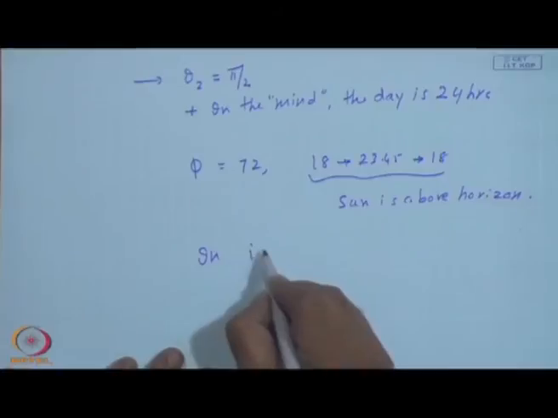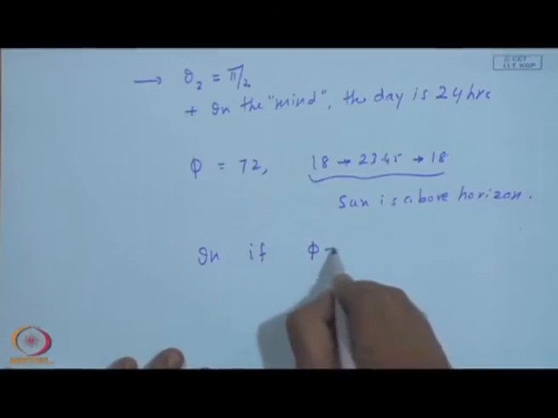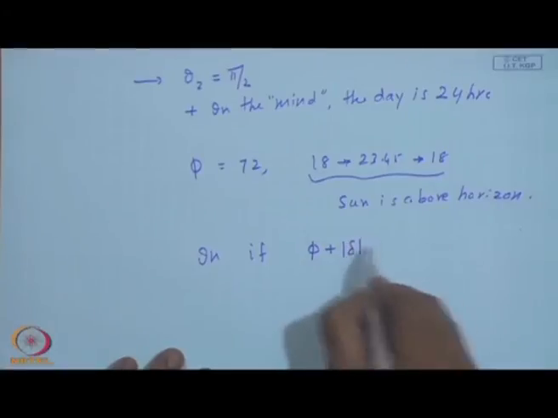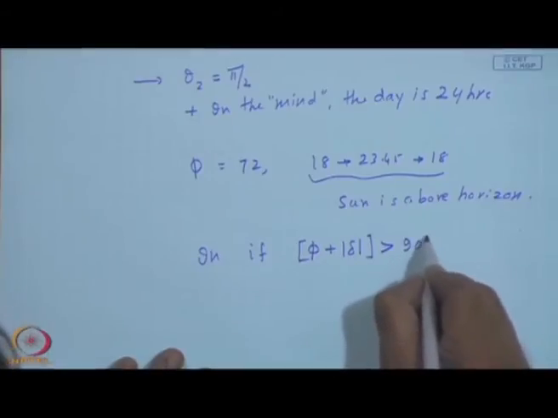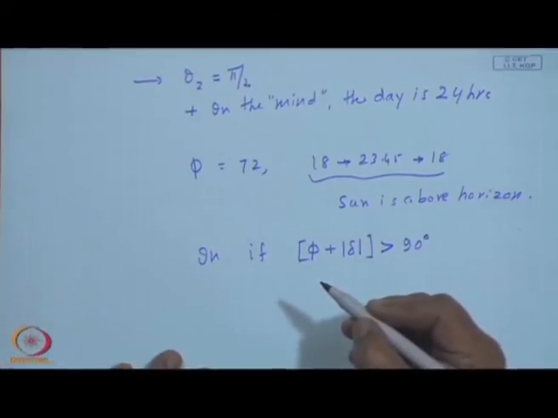But the condition that we have set is only that theta z should become equal to pi by 2. It does become theta z equal to pi by 2 from declination being 18 degrees and continues above the horizon, and again becomes pi by 2 when declination becomes 18. Similar argument you can build for negative, or in other words, if phi plus mod delta is greater than 90 degrees.